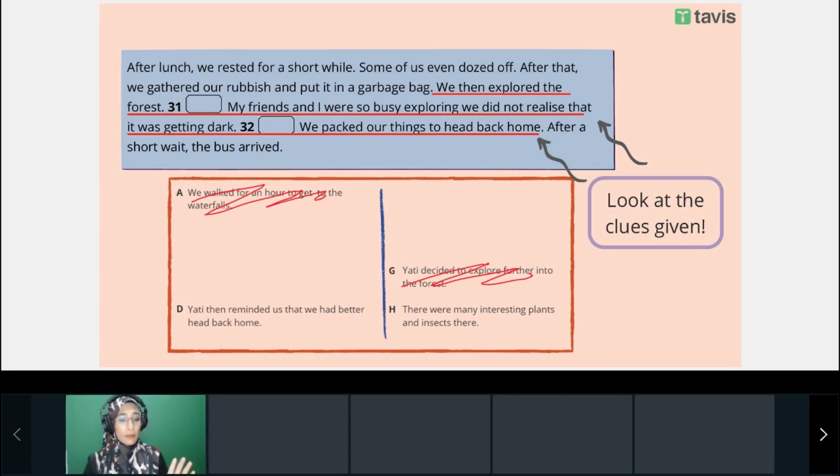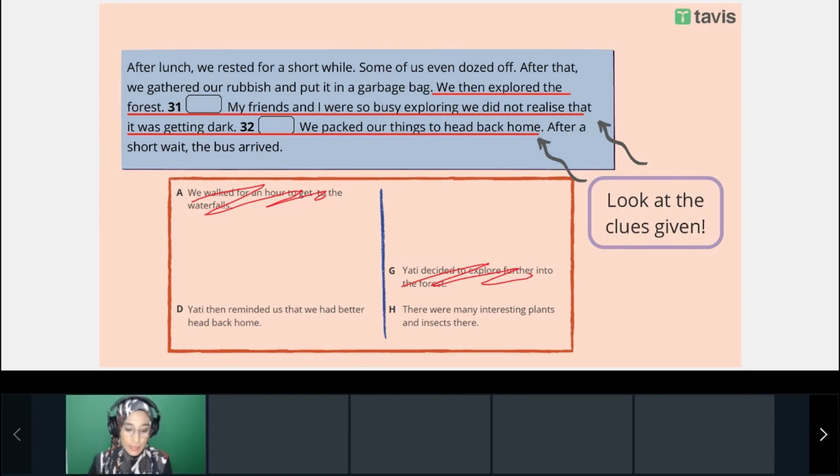So once the whole situation is getting dark, what do we do? Obviously, like us, when we know it's dark, we better go home, right? We better go home. So 31 should be, or best be,